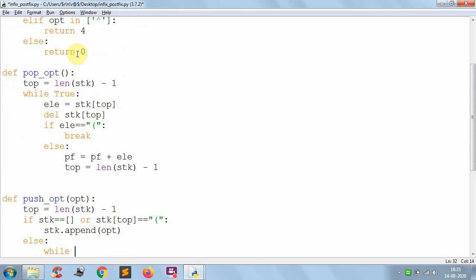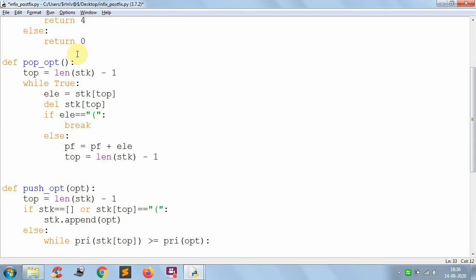Whenever you are pushing an operator to the stack, you have to check whether the priority of the stack operator is greater than or equal to the priority of the input operator or not. In case the priority of the stack operator is greater than or equal to the priority of the input operator, then what do you have to do?